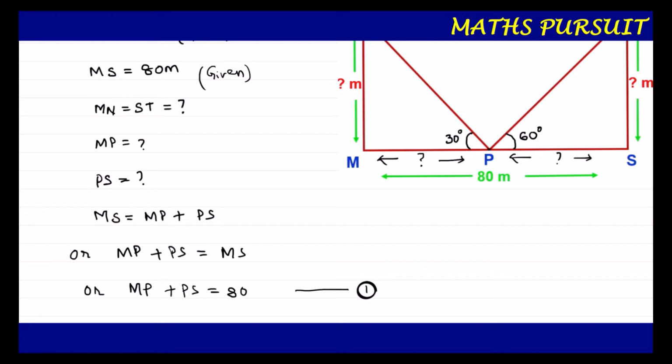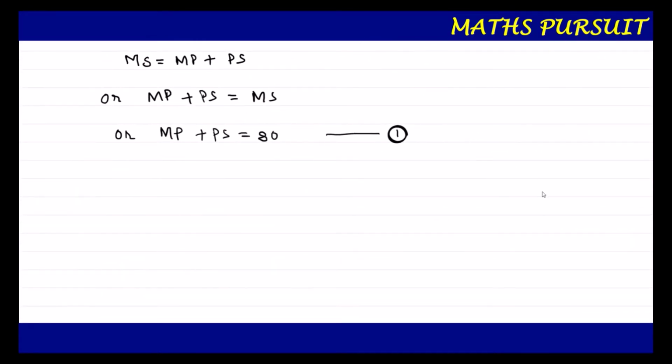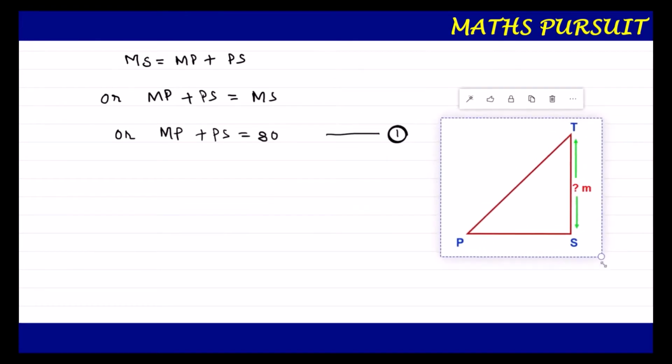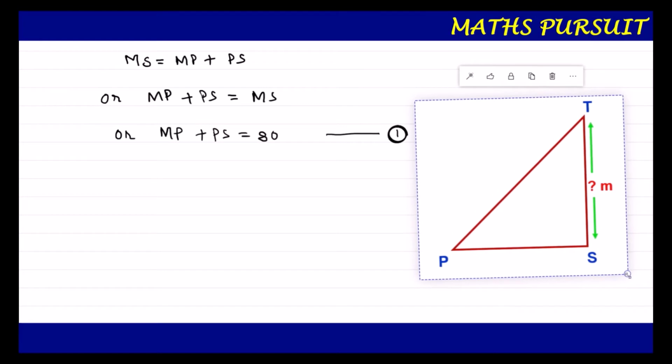Now guys, as I told you earlier, for this type of questions, you could see that two right angle triangles are being involved. One is MPN and the other one is SPT. So let us focus on each of the right angle triangles separately, and first of all find out whatever values we can get. Now let us focus on the right angle triangle SPT. Here I have extracted the right angle triangle SPT. Now let us focus on this triangle and see what we can get from this one.